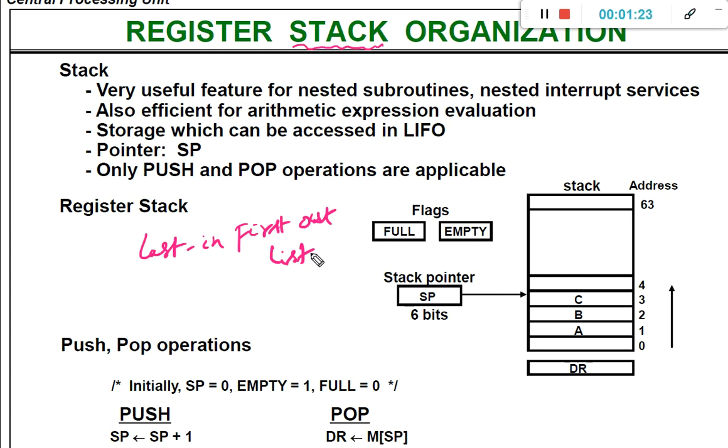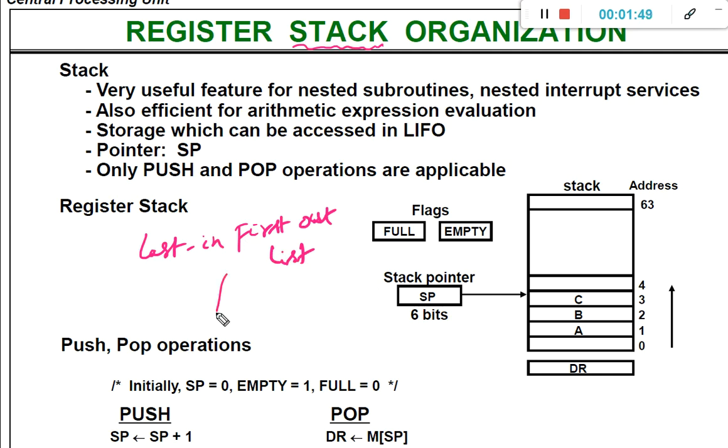Whether it is a software or hardware implementation, the basic properties of the stack are the same. It is called a last in, first out list. What does it mean? Whatever item you place first will be retrieved last, and whatever item you place last will be retrieved first.